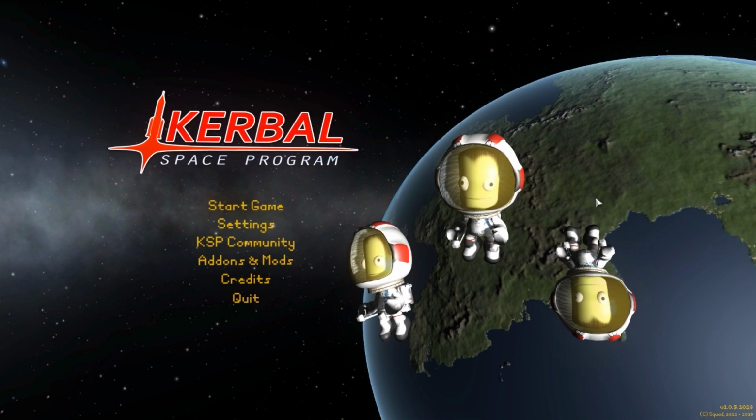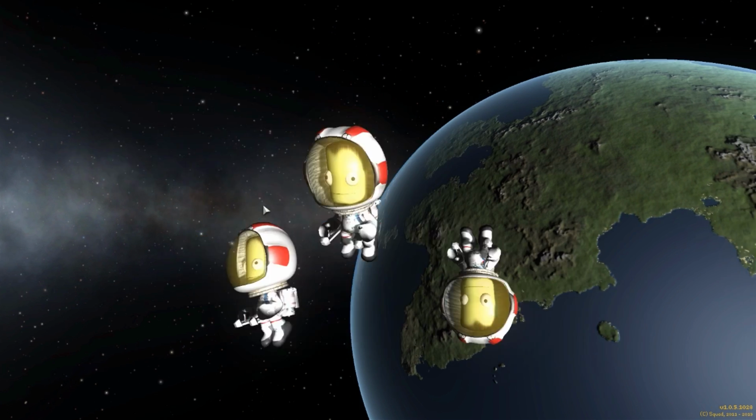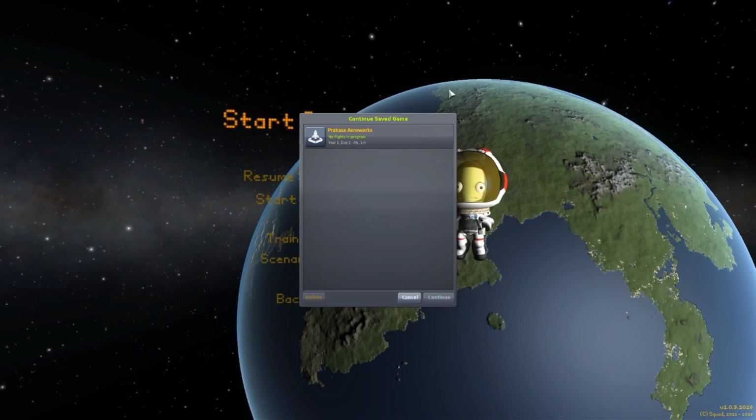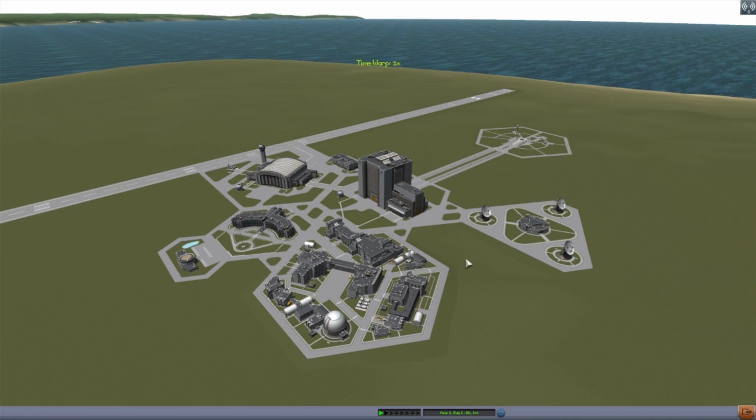Alright, hello everyone and welcome back to Kottabos Space Program, where today we're having a look at yet another wonderful mod, this time in the form of Prakasa Aeroworks, which is being made by forum user Balto the Wolf Dog, and what this glorious little piece of work looks to add into the game is a whole series of new spaceplane parts that's really geared towards filling what the creator of the mod sees as the void between the Mark